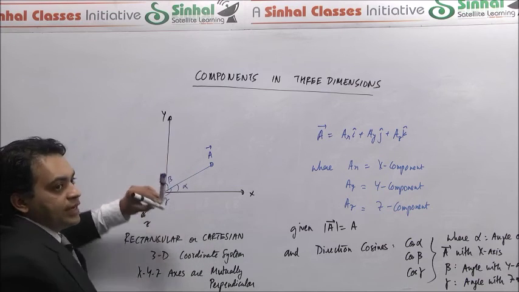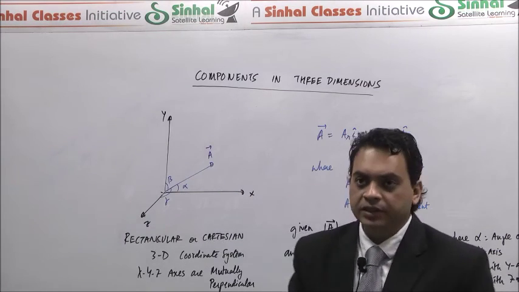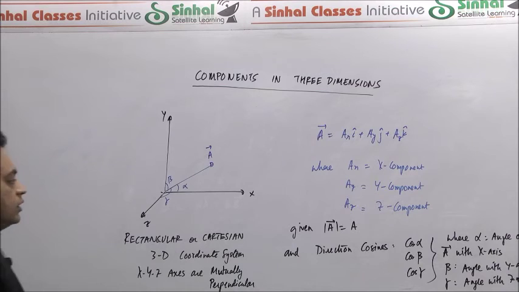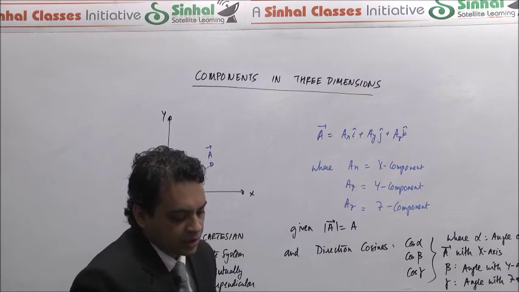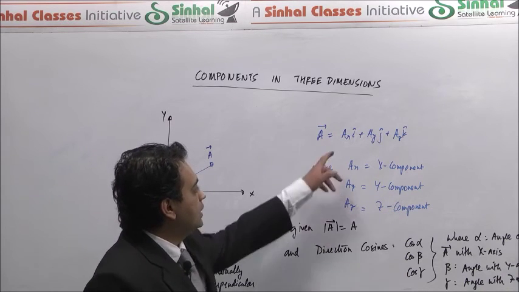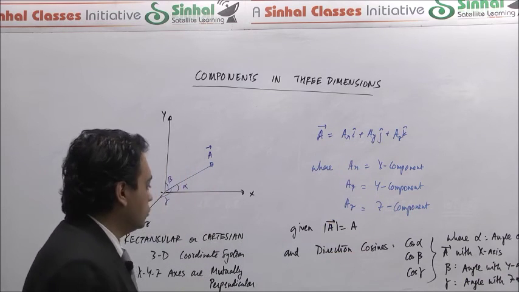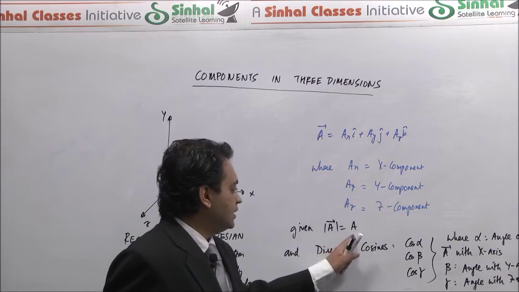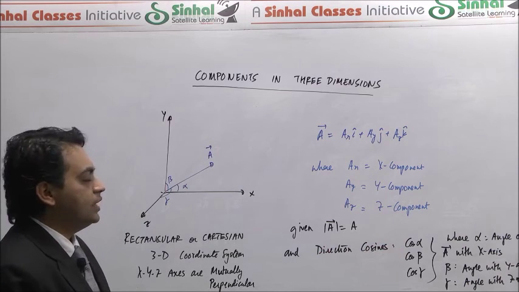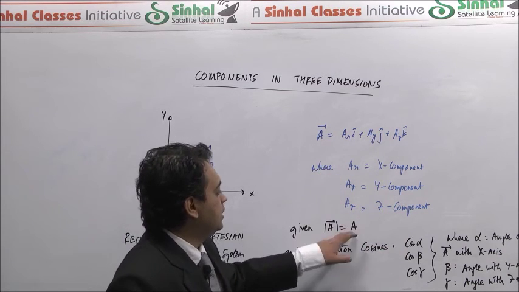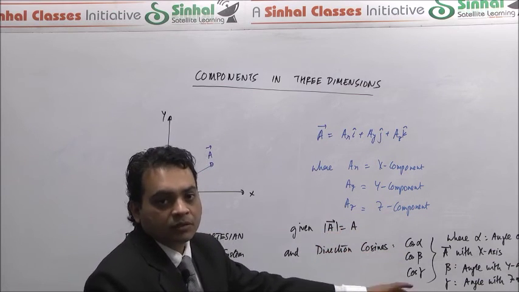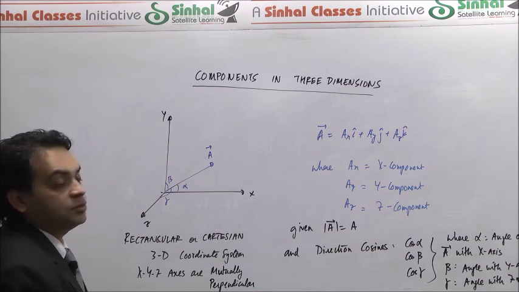Similarly, drop a perpendicular onto the y-axis, you would get the angle beta, and onto the z-axis, and we get the angle gamma. So once we have expressed the angles alpha, beta, and gamma, the quantities cos alpha, cos beta, and cos gamma are called the direction cosines. Okay? And as it turns out, next we can calculate the values of AX, AY, and AZ using the direction cosines. So given the magnitude of the vector A and given the direction cosines cos alpha, cos beta, and cos gamma, the value of AX, AY, and AZ would be very simple. AX would just be A cos alpha, AY would just be A cos beta, and AZ would just be A cos gamma.